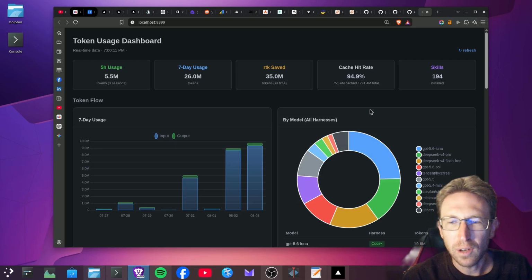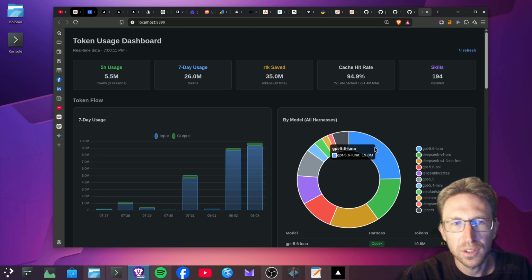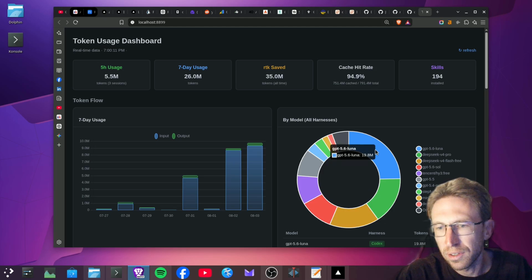In this video, I'm going to show you step by step how to build a relatively simple analytics dashboard like this one, which will track your token usage as well as token savings and cost across all of your different coding harnesses. And it just gives you a really nice overview basically of how many tokens you're using by the